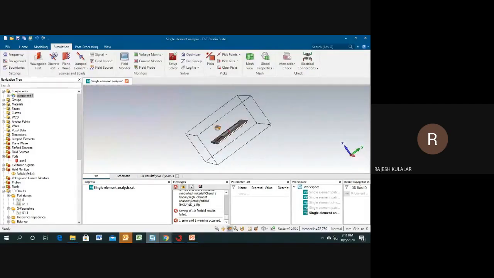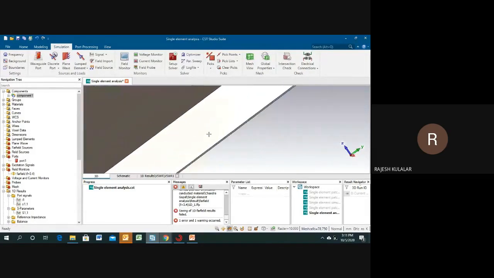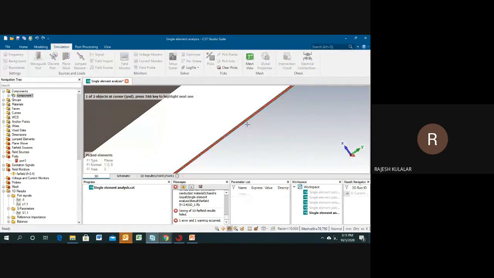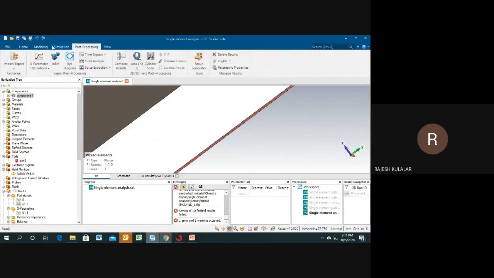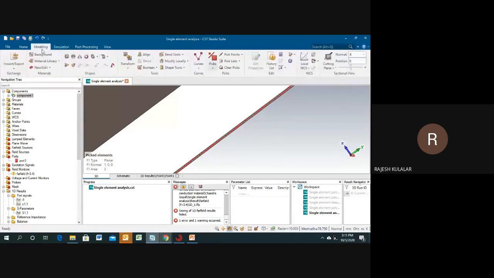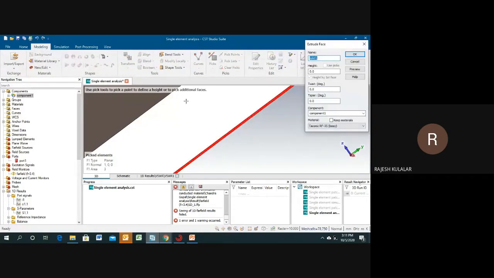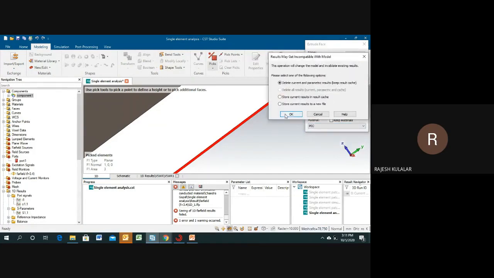Just click this face of the ground and go to the extrude, and you can give any nomenclature. Height will be 45 and material will be PEC because this one is a ground. So just click.